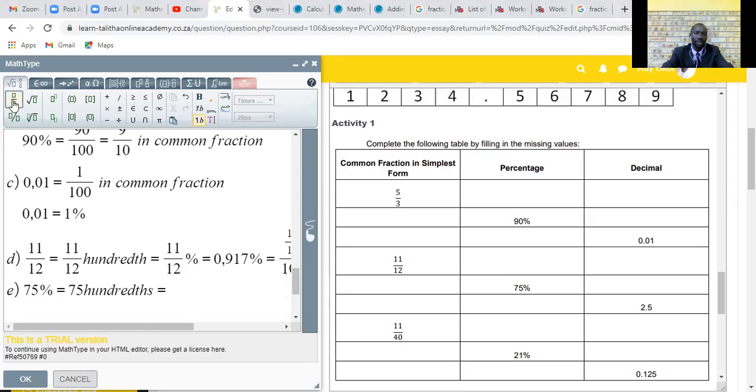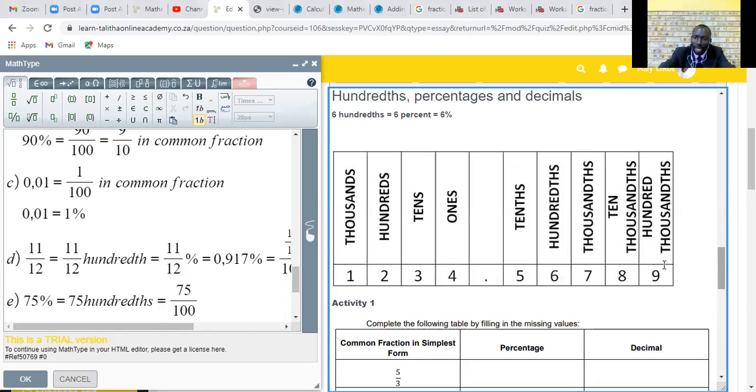So in fraction, it will be 75 over 100. And because it's going to be 75 over 100, well, this is, as we have already indicated here, 7,500. And from this table of our 7,500,